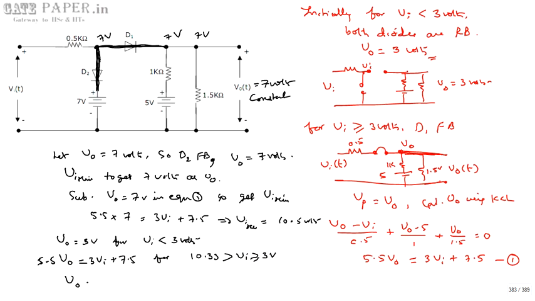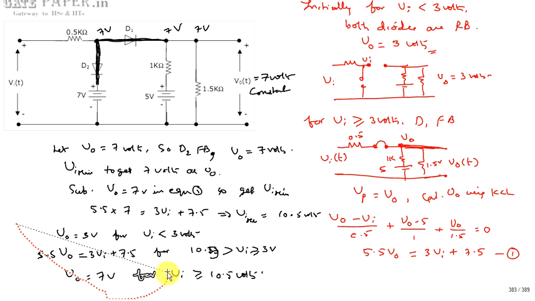And V0 will become equal to 7 volts for Vi greater than or equal to 10.5 volts. So these are the three conditions which give the V0 voltage at any instant of time, and with the help of this,